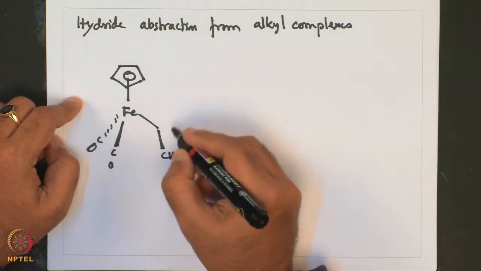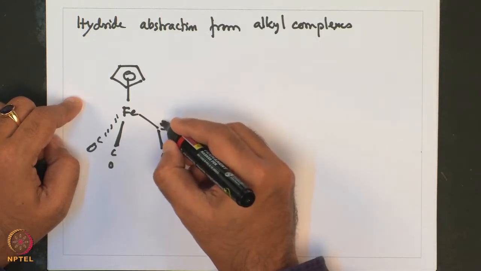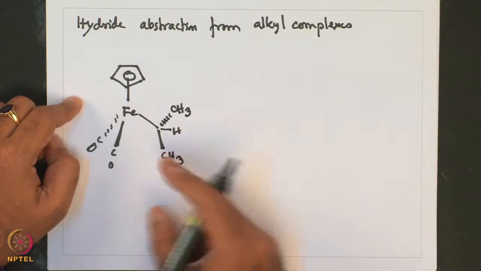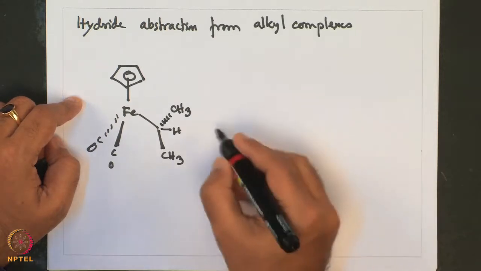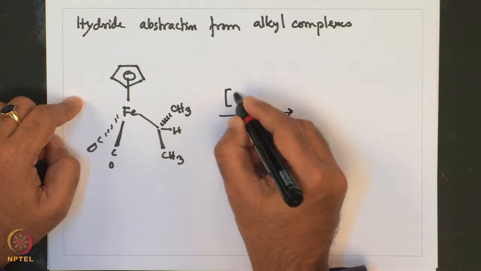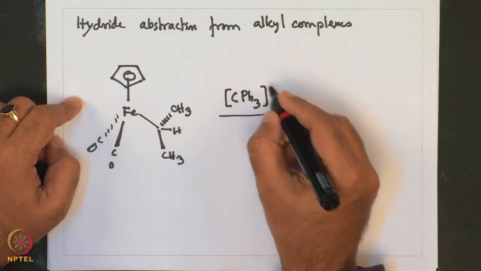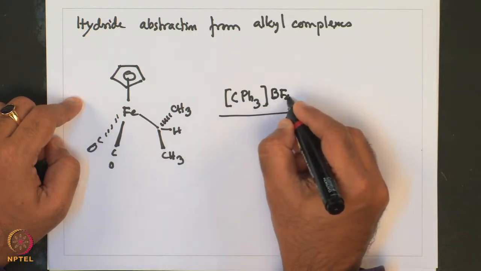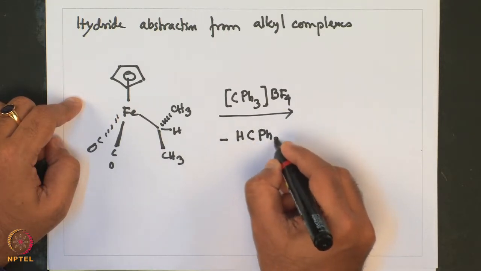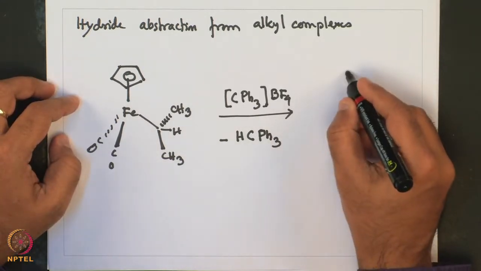Here the alkyl is an isopropyl moiety with 2-methyl, so it is an isopropyl iron alkyl complex, and the hydride is abstracted with Ph3C+ trityl cation BF4 minus, which gives Ph3CH and the corresponding cationic olefinic complex